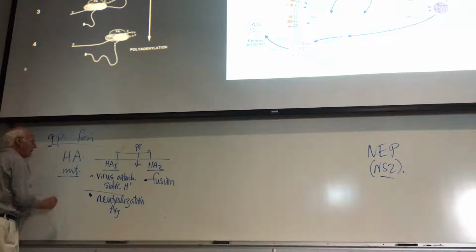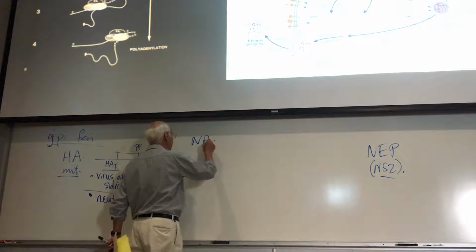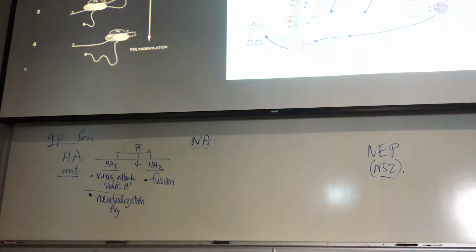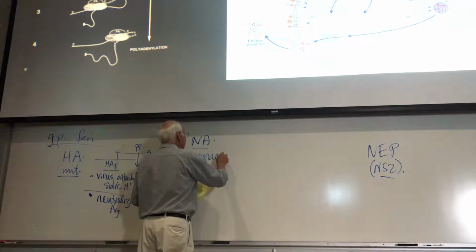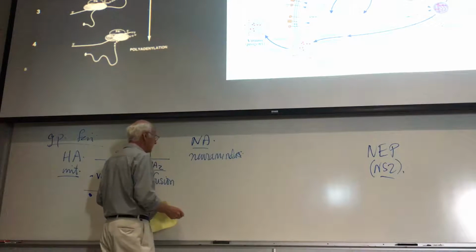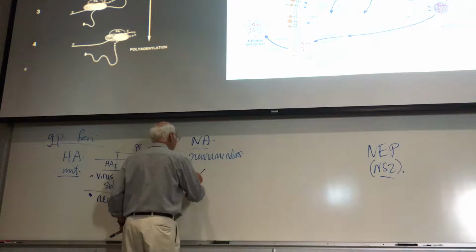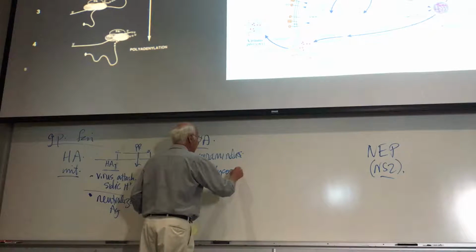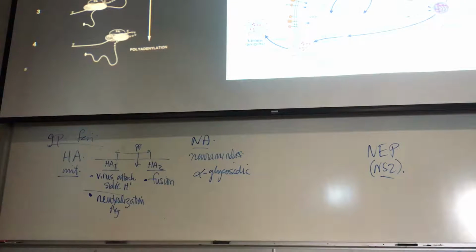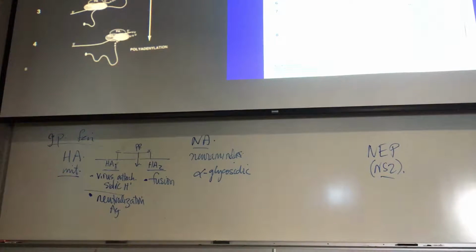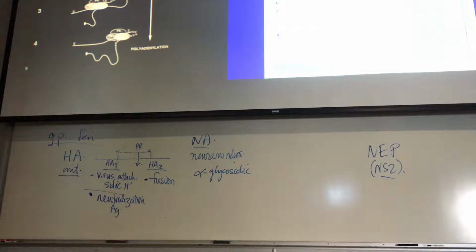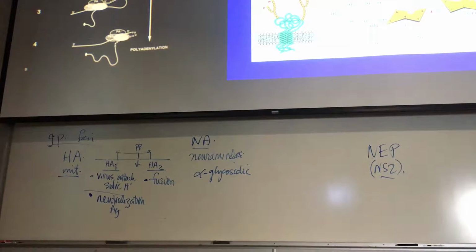Okay, how about the neuraminidase, NA? The neuraminidase, as the name implies, is an enzyme, and this enzyme cleaves alpha-glycosidic carbohydrate linkages. On your handout you have the table that I gave you that lists the 8 genes and products, but you also have on your handout, in figure 8, what the carbohydrate is. So we have a sialic acid